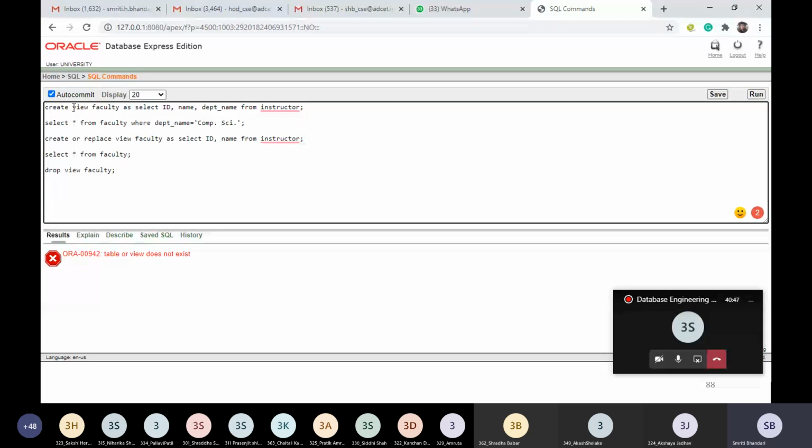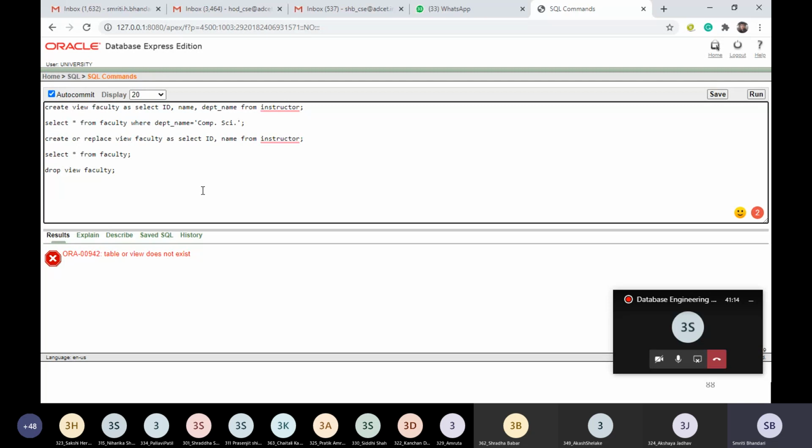Once again, repeating. Suppose here we are creating a view faculty, right? And this faculty view is built upon the instructor table in our database. And let us assume that I have removed this instructor table after creating the view. Then what will happen?